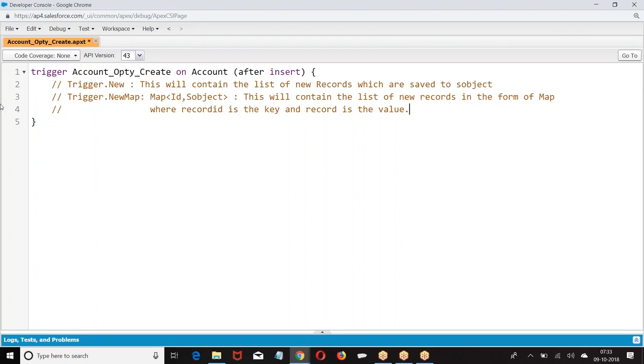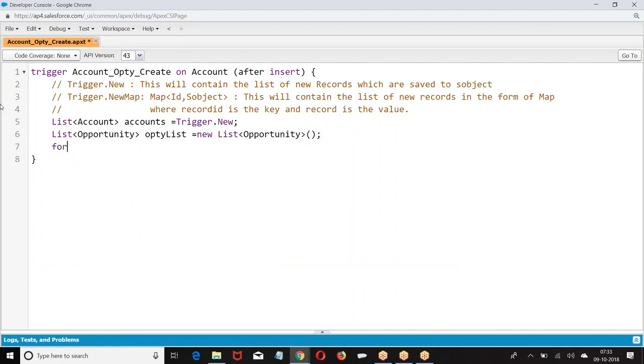Okay. Now what is our requirement? Take one by one the new records which we inserted, and then I'm going to create an opportunity for each account.